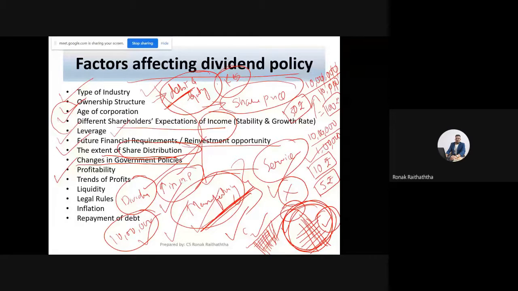If you have really good profit percentages, then you know that you have a good margin of profitability. Even if you do a smaller amount of sales, your profitability margin is very good. From 100 rupees of sales, if you are able to generate 40 rupees of profit, then you are quite assured that even if you do less sales in upcoming years, you will have enough profit to run your company because your profit percentage is very high.